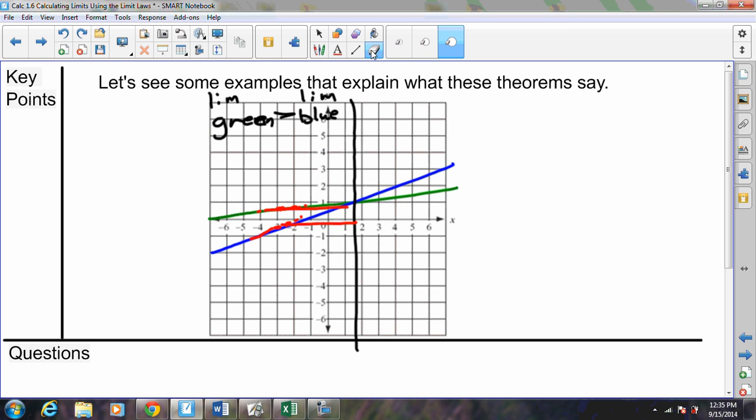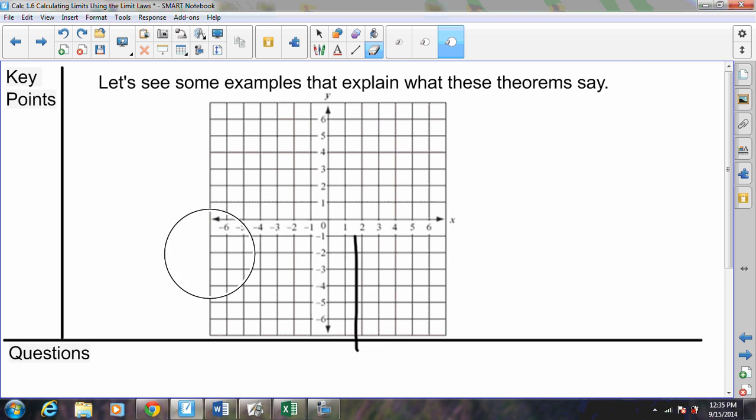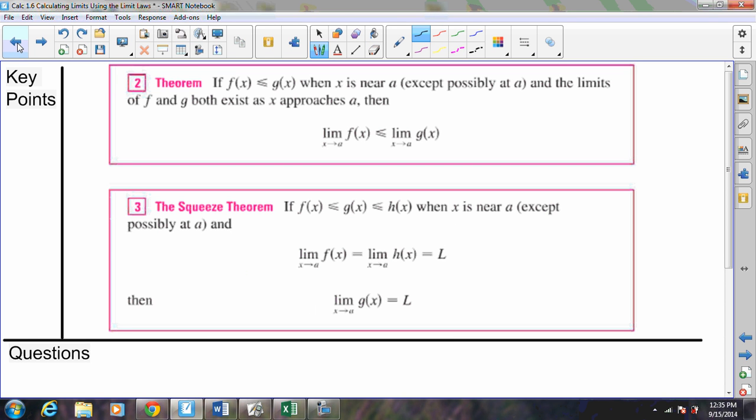This is going to be the basis behind an incredibly important theorem, an incredibly important strategy. The squeeze theorem. Sometimes the squeeze theorem will be called the sandwich theorem or the pinching theorem. Regardless of the name of it, it has this idea that if you have a function that is in between two other functions, and the two functions are limiting in on the other pieces,